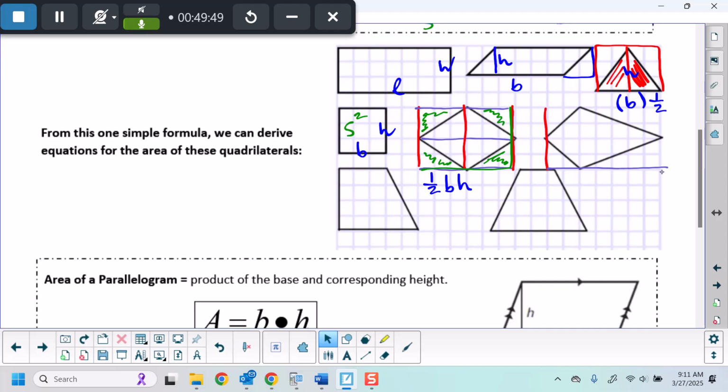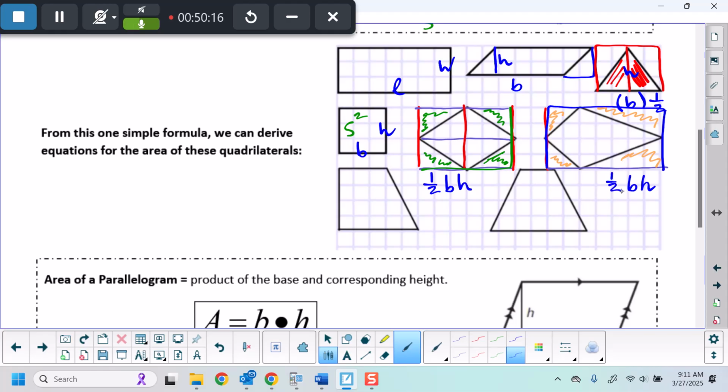And when I wrap my kite up in a box, my box is going to need to be this long. So when I go to buy my box to wrap up my kite for you, I'm going to have to buy a box that has this base times this height. But keep in mind, I'm going to have to fill it with tissue paper because that box is twice as big as that kite. 1/2 base times height is the area of a kite,